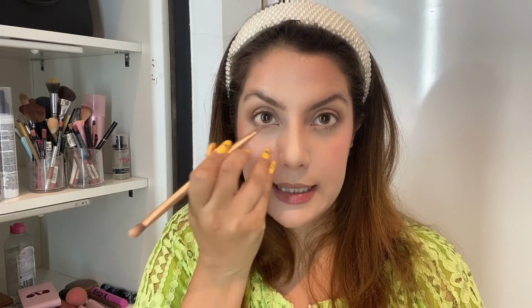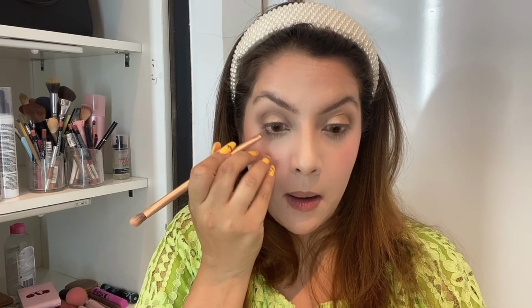So I'm going to use the same color scheme, same palette, to do my lower lash line. So I have this brush here. This came in one of the Urban Decay palettes. The palette I have tossed, it had expired. I have retained the brush, and I basically use this and I draw it out. Now at this point, depending on how dramatic I'm feeling, I could add a little darker brown on the corners, do something like that. I'm not doing that because I'm going to wear this to work, so I'm going to keep it really simple. So this is what I've done, and after this